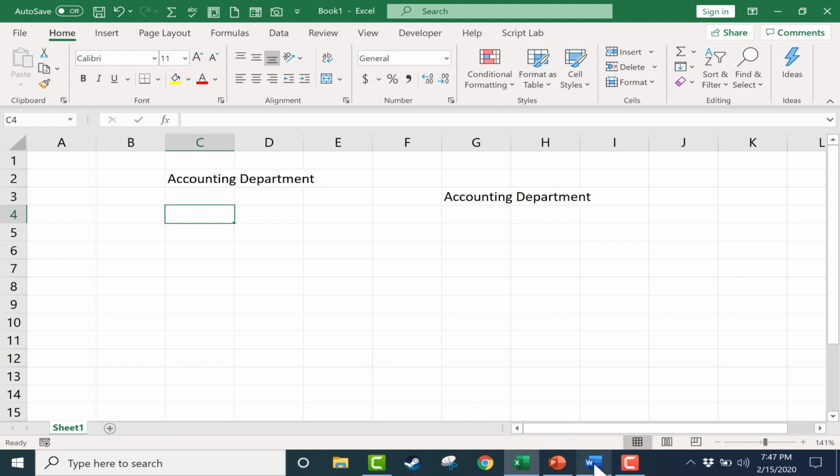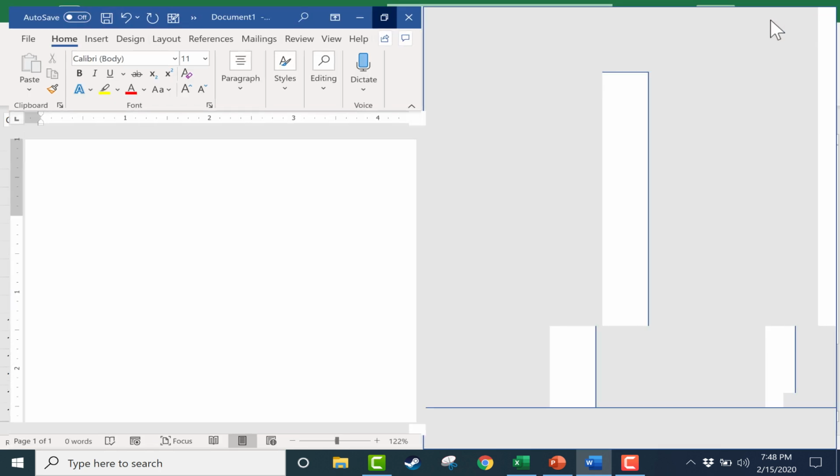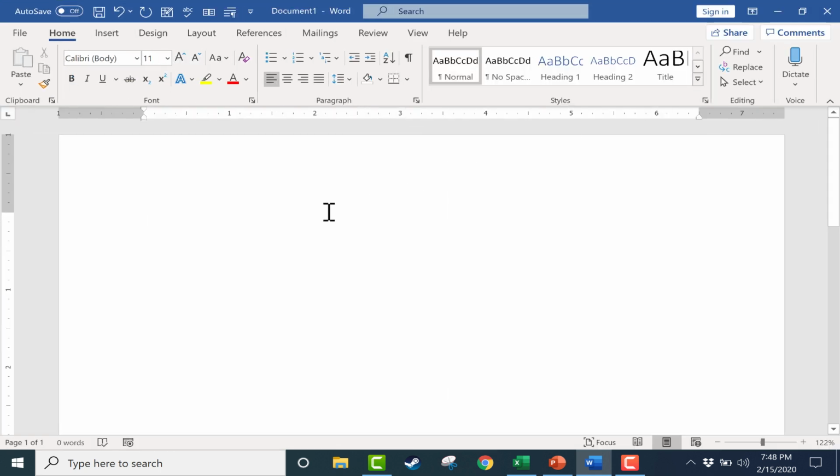Now let's jump over to Microsoft Word and see how it works. Now in Microsoft Word, the first thing I want to show you is that because Excel and Word and also PowerPoint are all part of Microsoft Office, they are linked a little bit. So watch what happens if I type ACDP and then space or enter, or really anything that moves me away from what I've just typed.